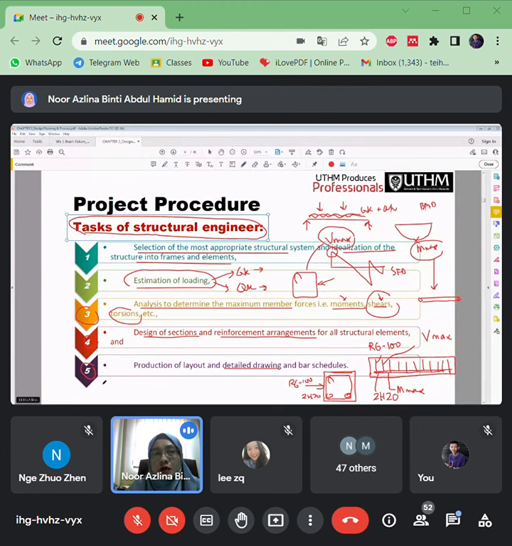So I've mentioned before, if a consultant is a big company, if you work at a big company, there will be a draftsman. Okay, so that means you just submit to the draftsman the sketch of your detail drawing here. So they will do it in AutoCAD and so on, in order to produce the structural layout plan.